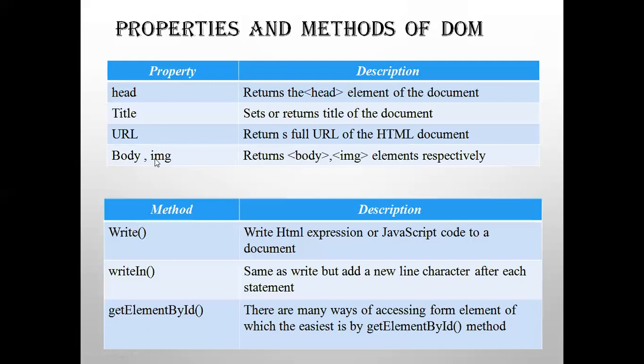The body and the IMG tag. It returns the body and the IMG elements respectively. This is where you write all your contents, and IMG will be for displaying any image or picture. So these are the properties of the document object model, the structure to be defined, and these are some of the